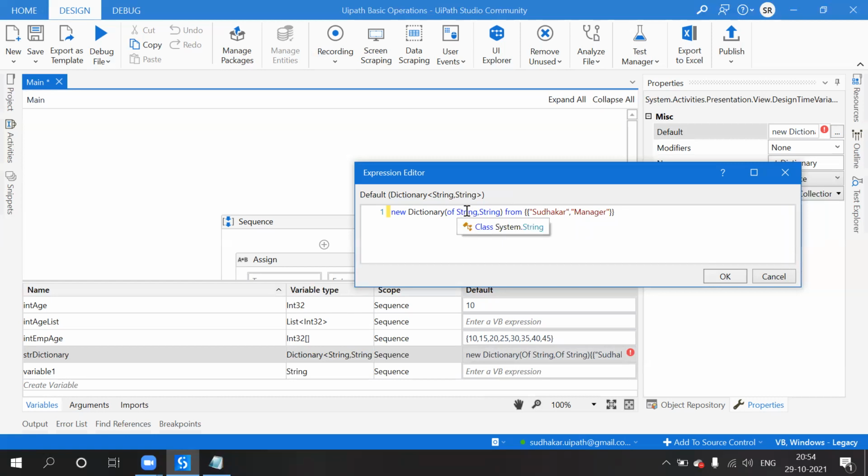Whenever you are attending an interview, they will ask you to write how to initialize a dictionary, how to initialize a list.